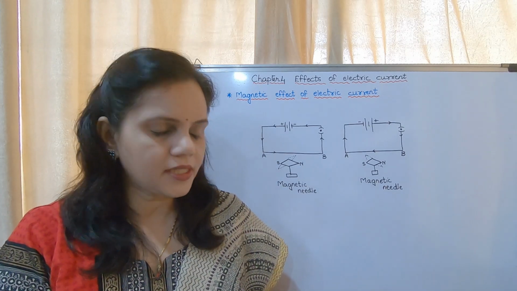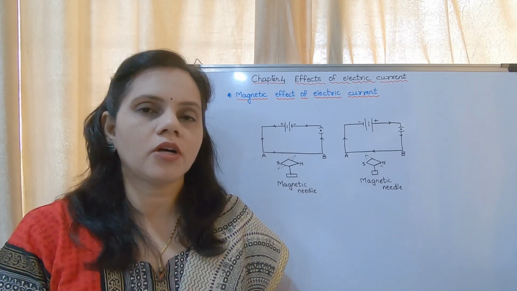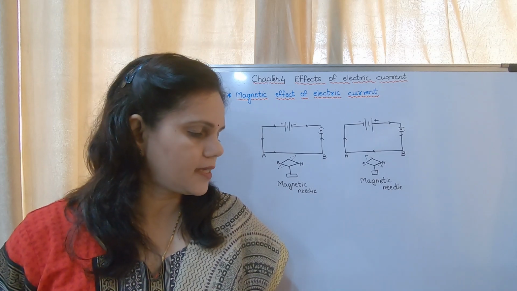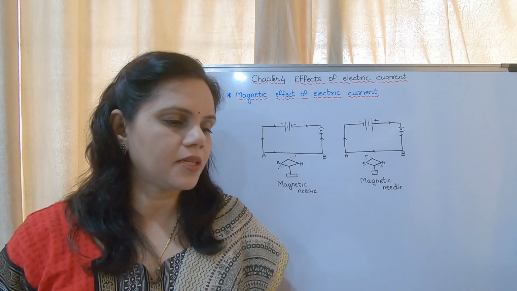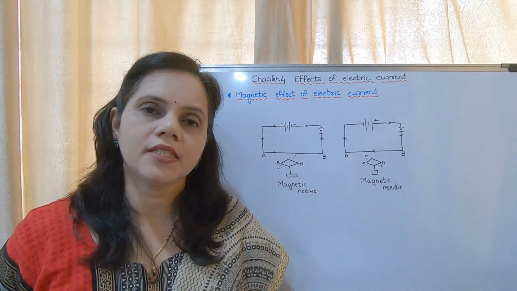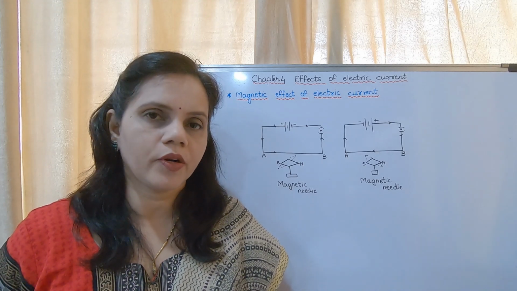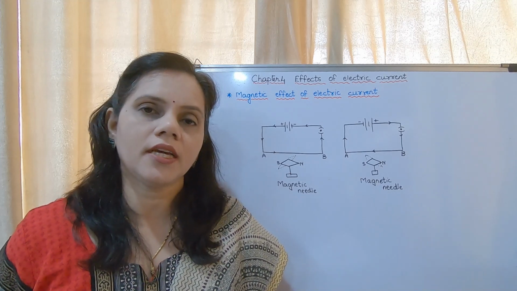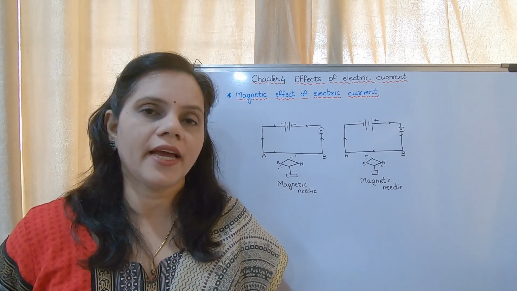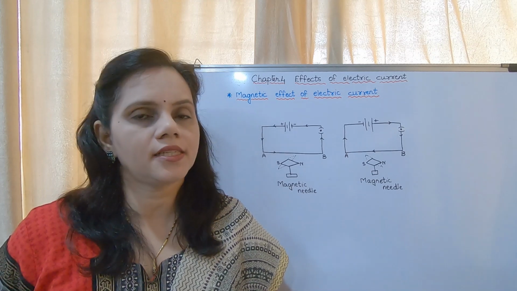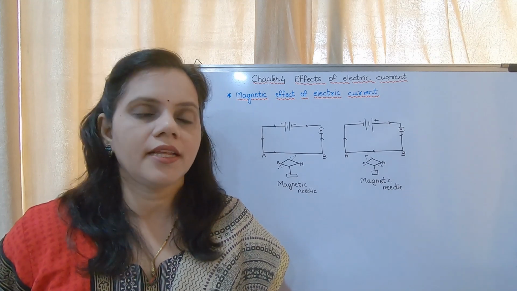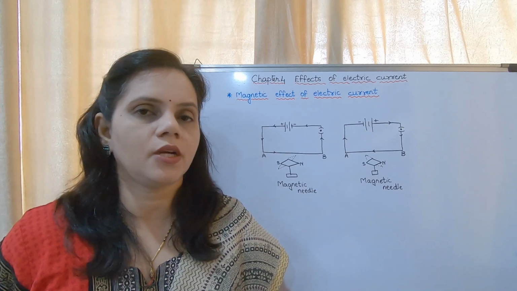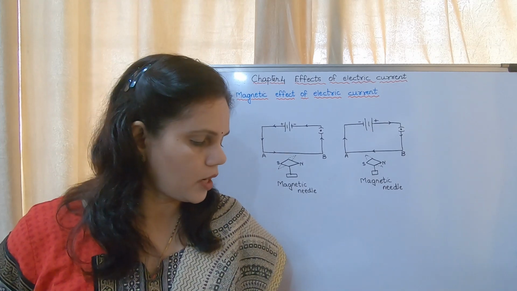Before that, on page number 50 there are some solved examples. There are 4 solved examples given: example 1, example 2, example 3 and example 4. You may practice these on your own, because they are solved examples and they are easier ones. I have told you about the equations. H is equal to VIT is equal to I square RT is equal to V square T upon R. There are 3 equations. Similarly for P we had done 2 equations, P is equal to VI and V square upon R.